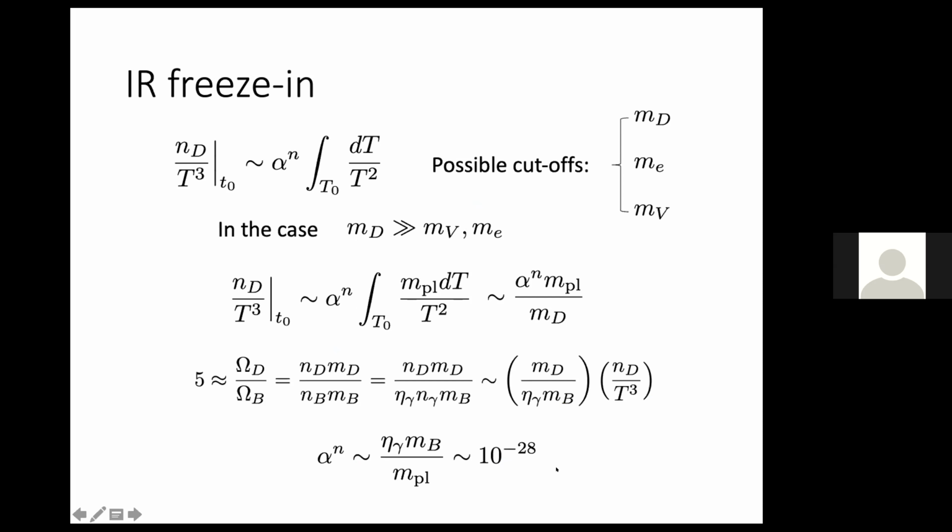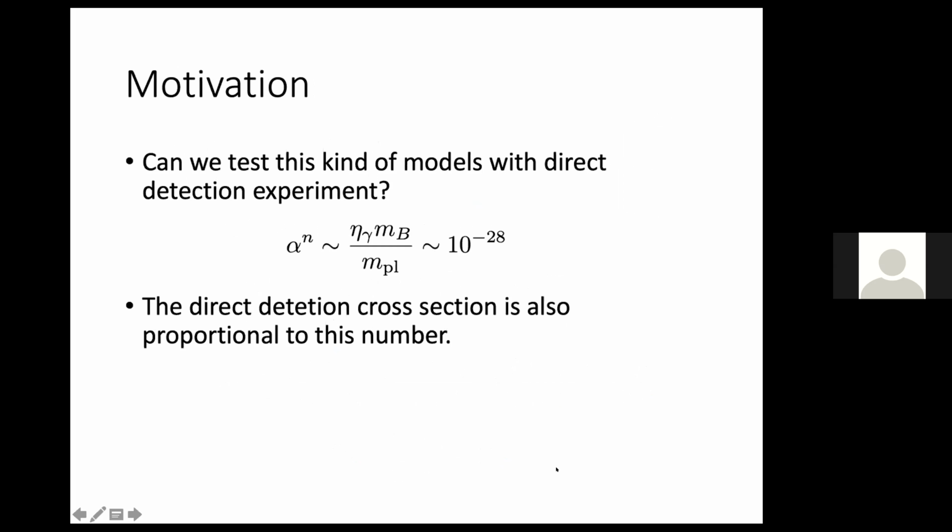So any questions? Okay, so now this is very challenging because the number is so small, right? Just by eye, you can see this number is so small. So how can we do direct detection of this? Okay, so usually people saw that. So this is actually